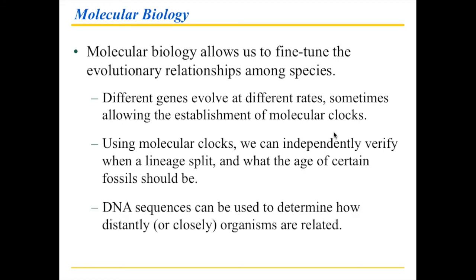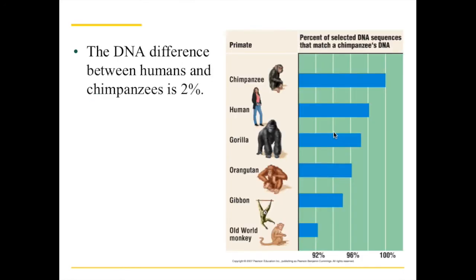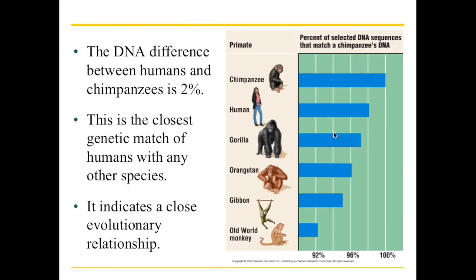Now, DNA sequences directly can also help us understand how distantly or how closely we're related, just by taking the overall picture and saying, okay, there's a certain difference here, and if it's a small difference, then organisms are more closely related than if there's a large difference. And so here is the way our family tree with the other primates works. So here on this scale you have chimpanzees, humans, gorillas, orangutans, gibbons. That's where the apes end. Apes are the primates that don't have tails. And then you have monkeys below. And you can see when it comes to all of these tailless primates, that's what we belong to,